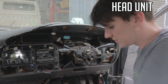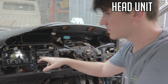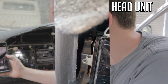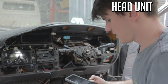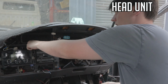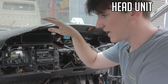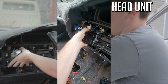The radio is very simple. Usually you have, this is a doubled in, obviously, so it's not factory. So it's got 4 screws for it. This one again only has 2. So it's got 1, 2, and then 3, and then 4 will be down here. So you unscrew those, pretty simple. Make sure you hold on to those bolts because they can fall straight through your dash and you'll never find them again. Then you just pull that out,